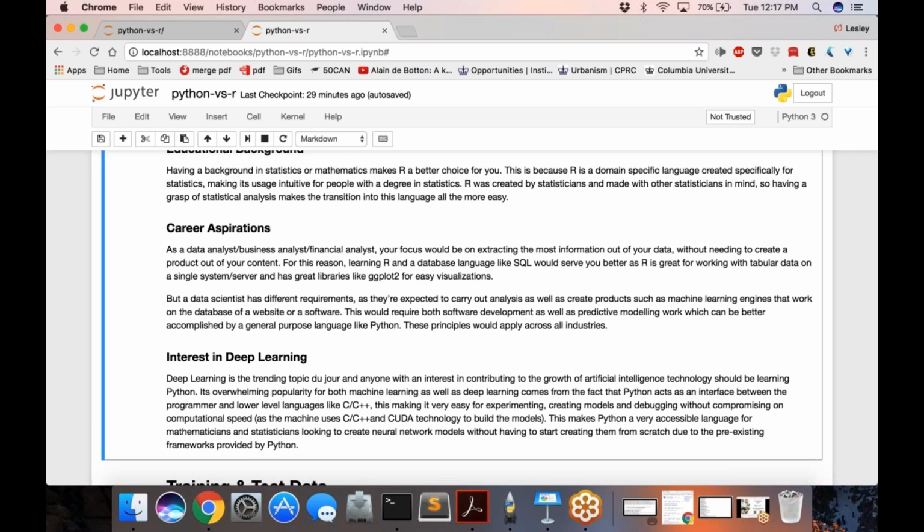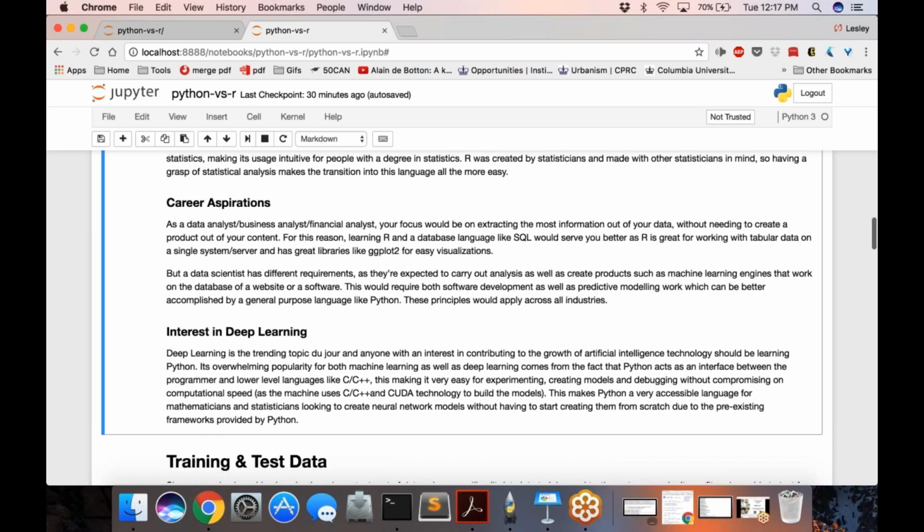So depending on the role you are really aiming for is how important your choice of Python versus R will be. For analysts, I think either Python or R is a great choice, perhaps leaning towards R. That's because, again, R was built with statisticians in mind, and since the data analyst role focuses mostly on analytics, R just happens to be a very good choice for that.